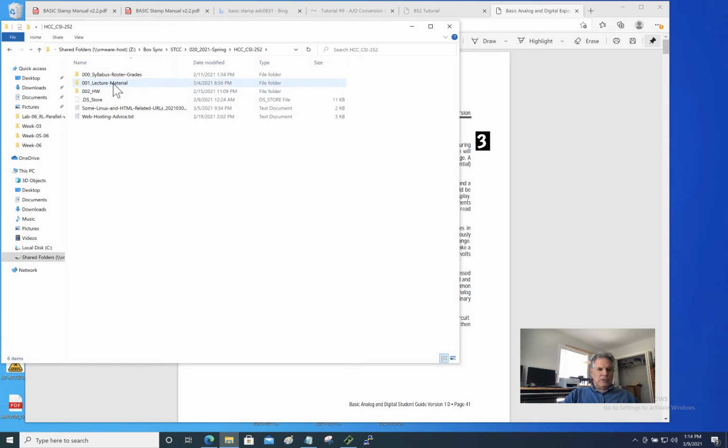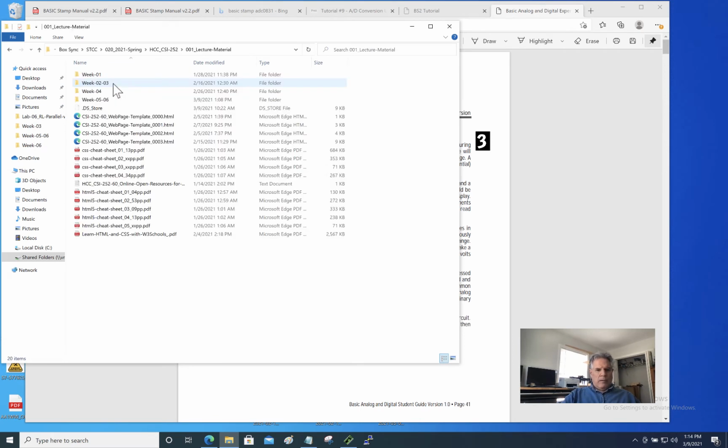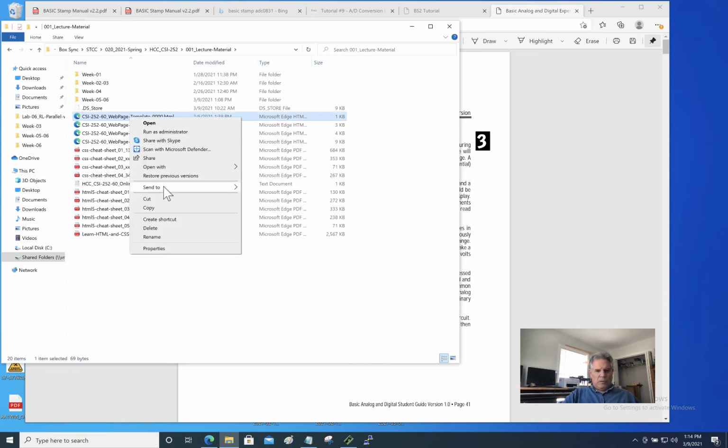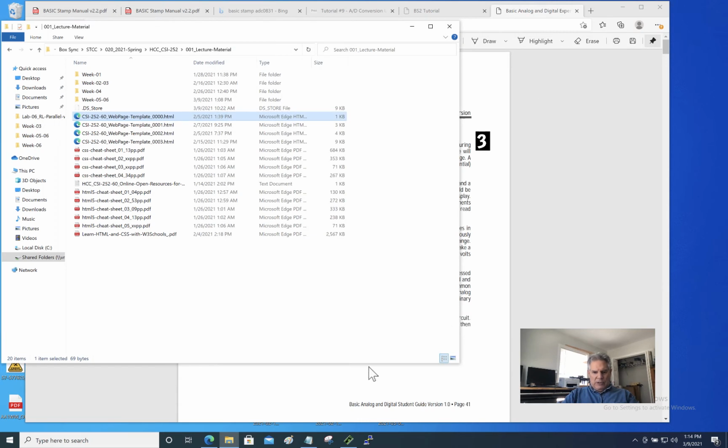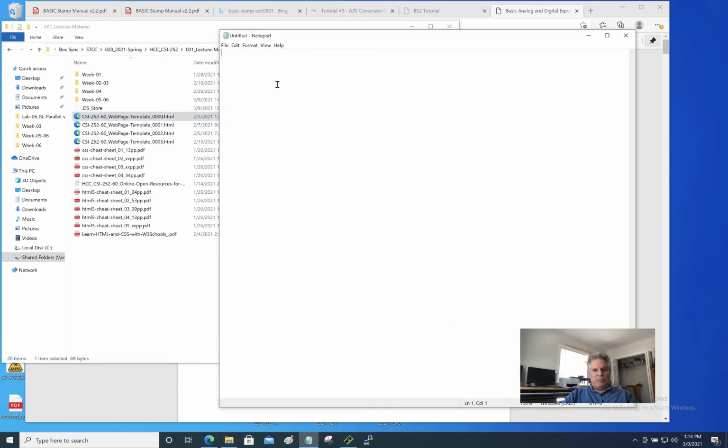we'll go to our class here, and we have a template 000. I think this one, the one that's 4 zeros at the end. And I think what we'll do is we'll open this. We'll open this with Notepad, and we will copy it. I'm going to grab all this text and do a Control-C to copy it, and then I'll close that, and I'm going to open up Notepad here, and